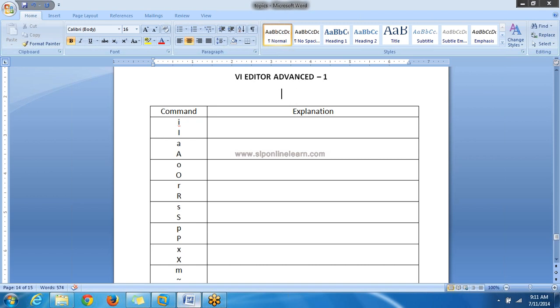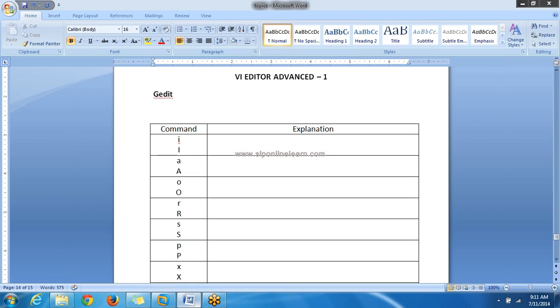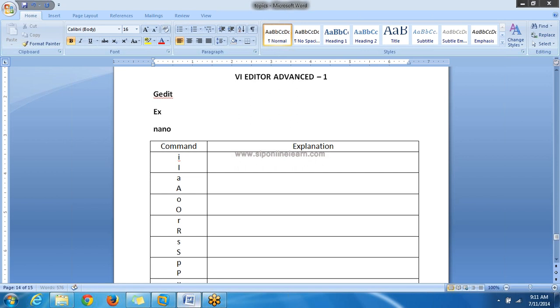Along with it we have many editors like gedit, the ex editor, which is also similar to the VI editor and has some commands, and nano. Many editors are there, but generally the popular one is the VI editor.